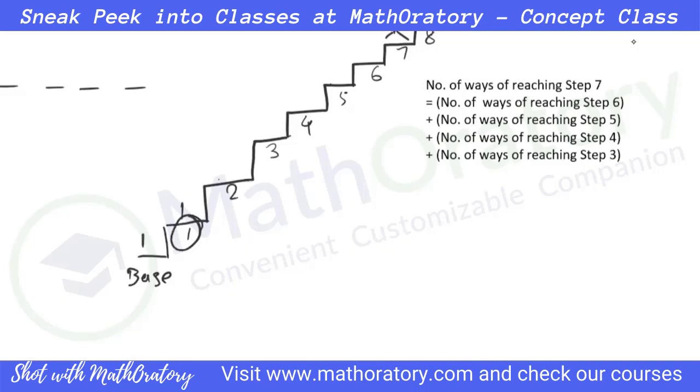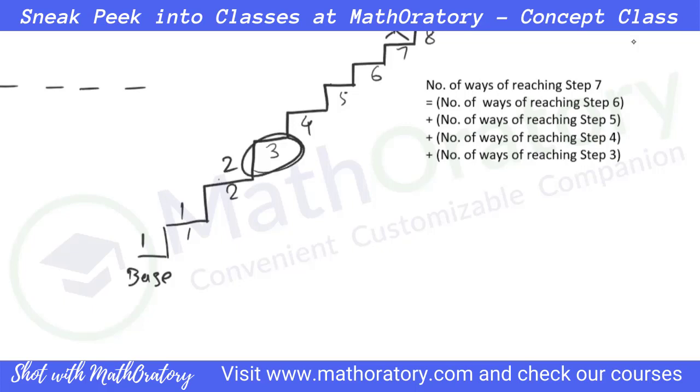So there is just step number 1 and the base. That is what I'm saying, consider that also as a step. So step 2 you can reach from here or here. If you remember the previous case, step number 2 could have been reached in 2 different ways, right? So this is 1 plus 1, 2. The same thing is happening, so you can do it in this way as well.